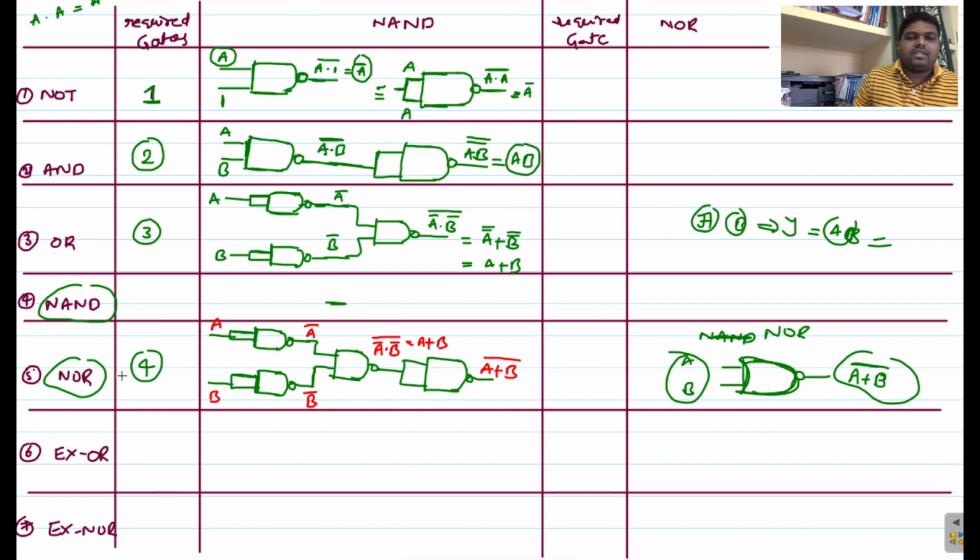And in the same way, if you consider the XOR gate, the logic here is Y equals A B bar plus A bar B, that equals A XOR B. So this can be implemented with the help of NAND gates. For that we require 4 NAND gates, right? 4 NAND gates are required. Here space is not enough, so I will move on to the next page to implement this XOR logic with NAND gates.